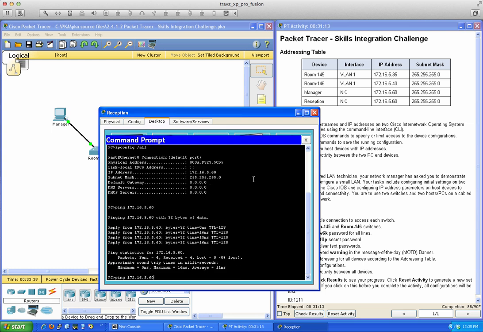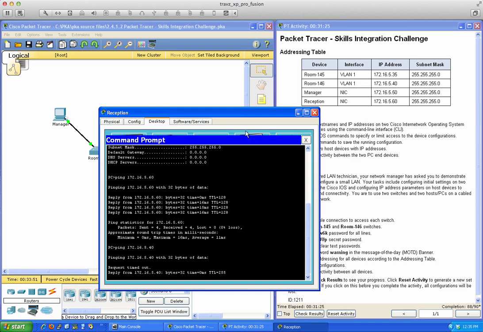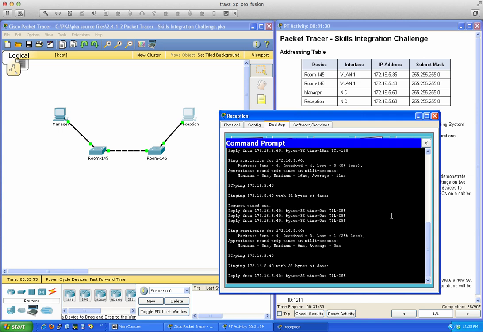Now I'm going to try to ping the switch I'm plugged into, which is switch number 146. So we'll try 40. And again, we would anticipate that this is not going to work for the first attempt. It's going to time out, and then subsequent attempts will work. So if I were to ping it again,